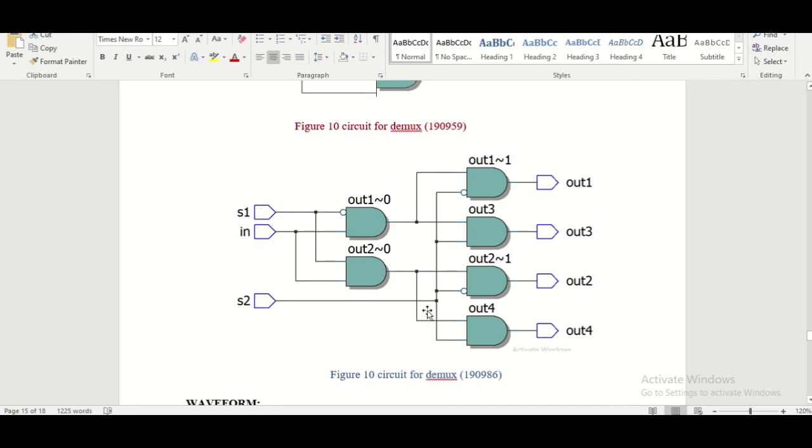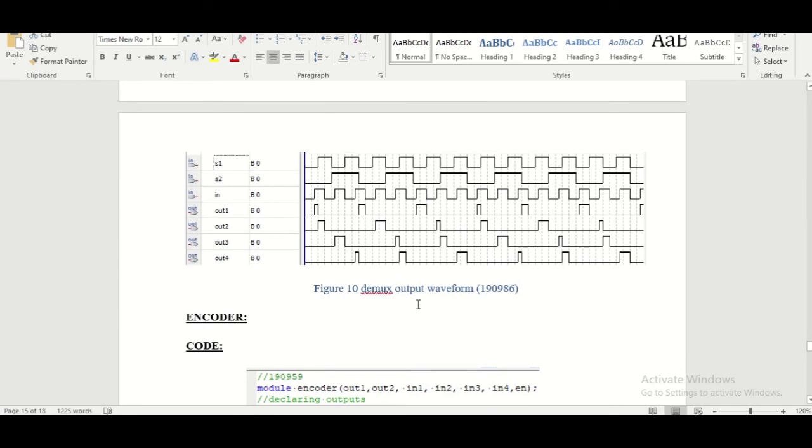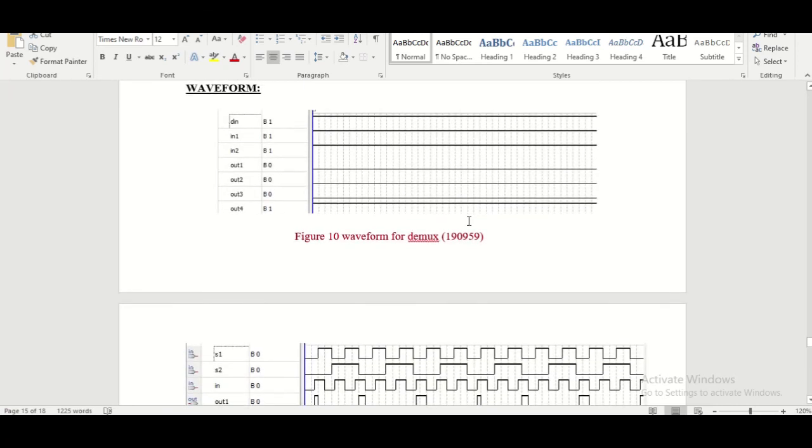These selection lines are basically responsible for the outputs where the input will be shown. So again we can verify this output using the output waveform. For all of them 0, the output is 0. No output is assigned. So when we get the input 1 and the selection inputs 0 0, we get output 1 is equal to 1. The first output gets the input. So each different combination gives each different output as the input. So this is how we can make a demux on